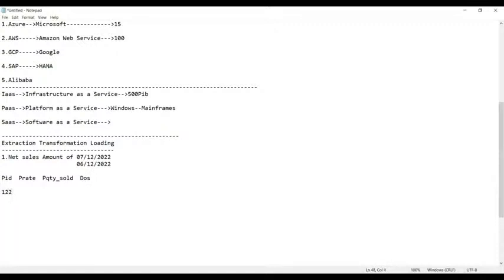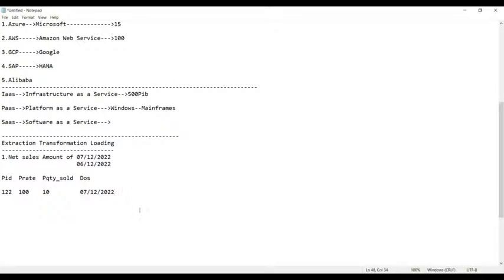Product ID is something like this, 122. Product rate is 100 rupees. Product quantity sold is 10. And the date of sale is 07/12/2022. This is the first line.